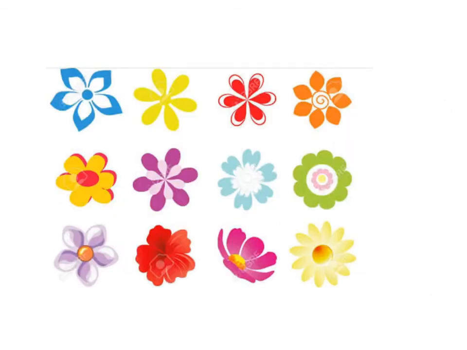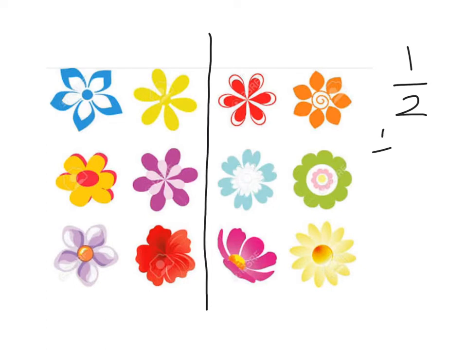Now let's have a look at a set of objects. Here I have 12 flowers. If I was to find half of this set, that would mean that I had to divide the set into 2 equal parts. So I can see that I could go down here and I could divide it into 2 equal parts, and the fraction is asking me to see how many is in 1 part of that. So I know that there are 6. So half of 12